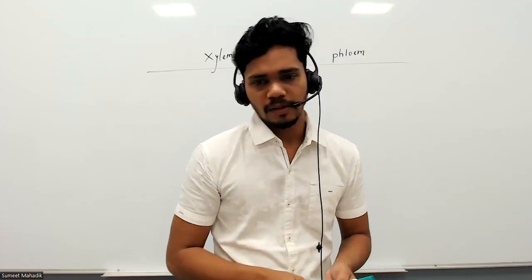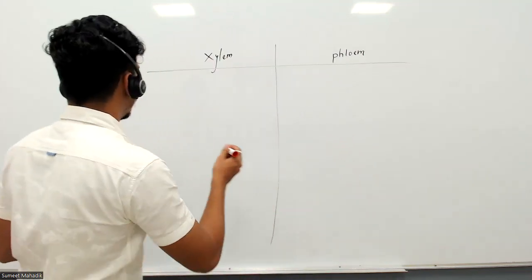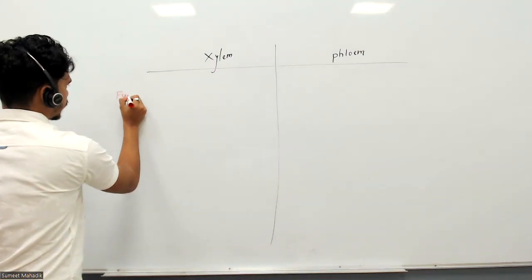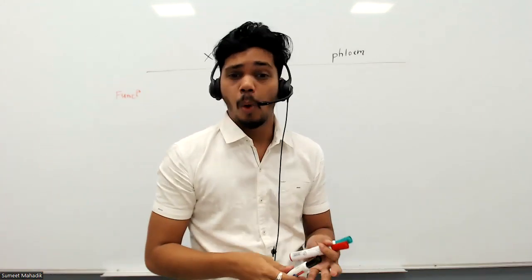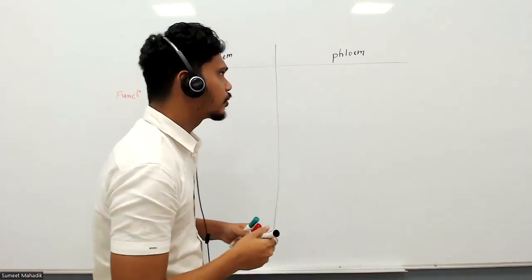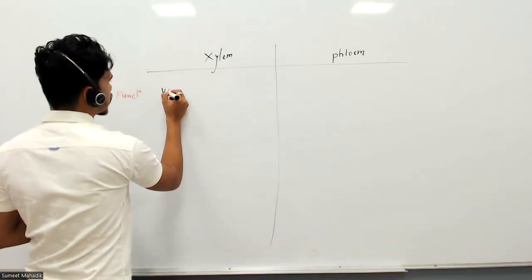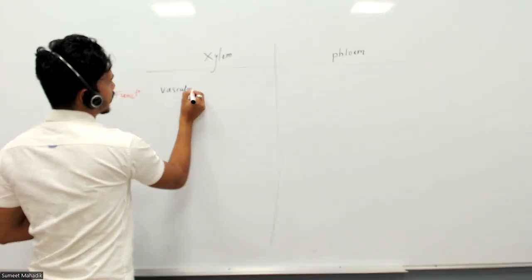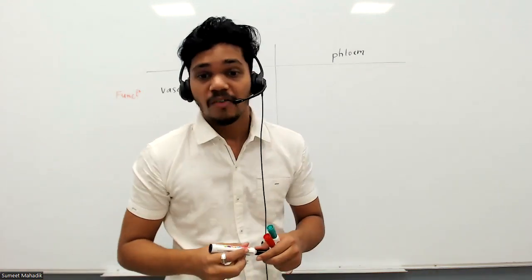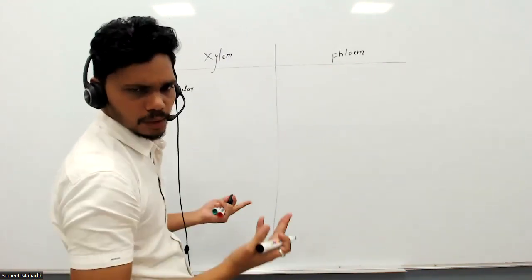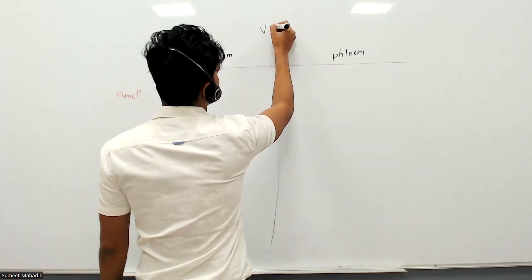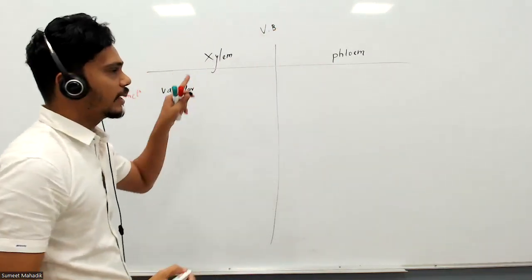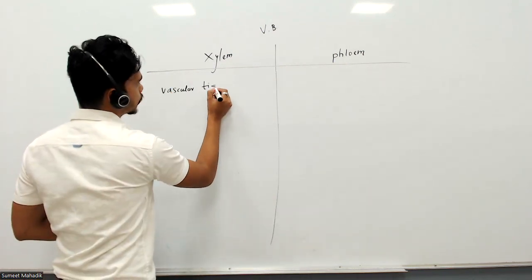So let's talk about the first thing, the first function. What is the function of xylem? To carry water. From where to where? So what is actually xylem? Xylem is a vascular tissue. Both are vascular. That's why xylem and phloem are called a vascular bundle. Okay, so xylem is a vascular tissue which